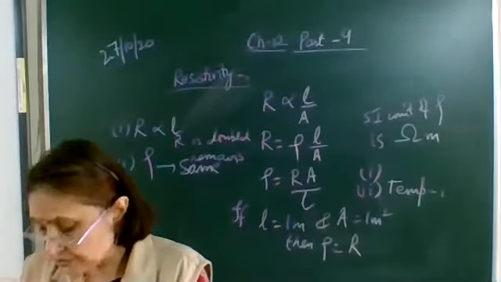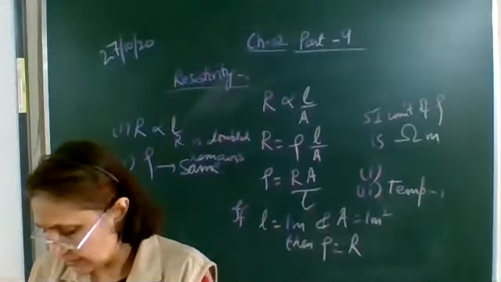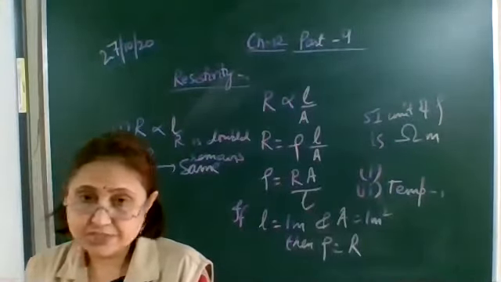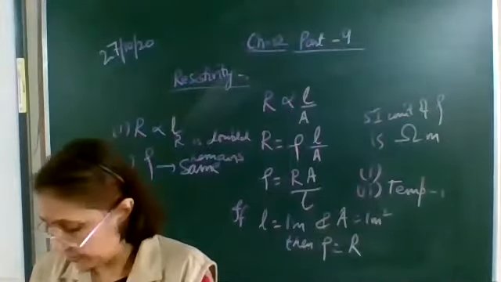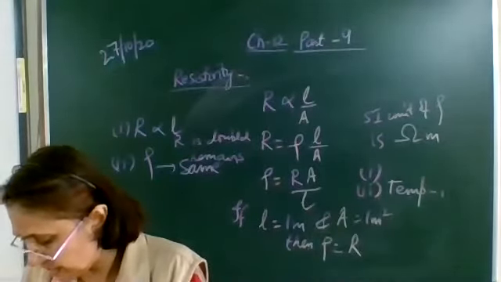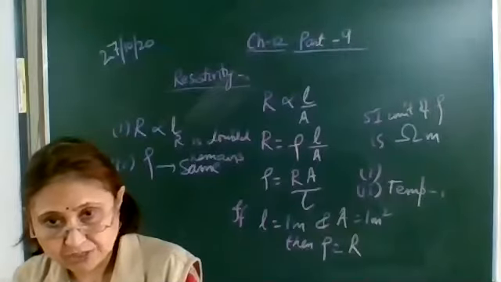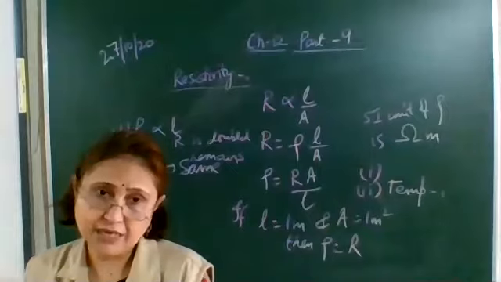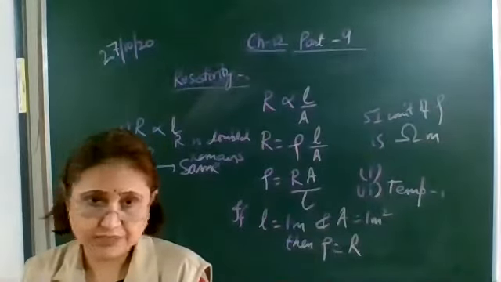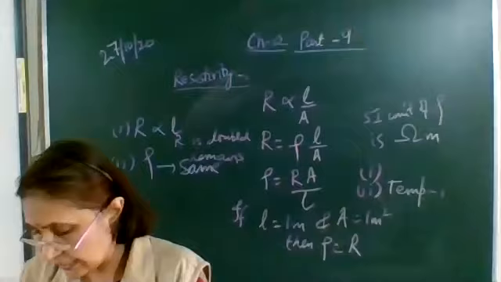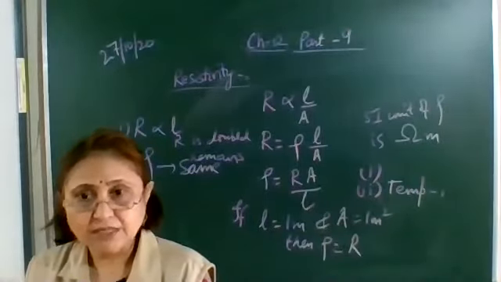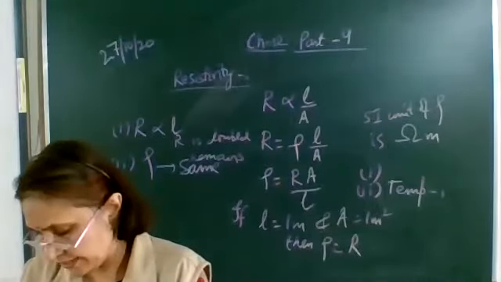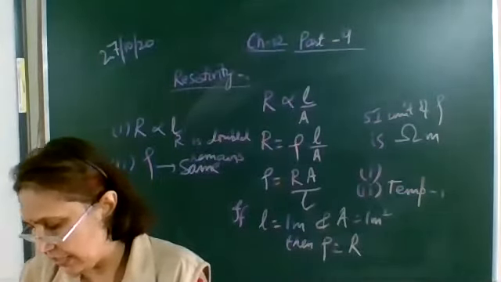Okay, and then a few insulators are also given: glass, hard rubber, ebonite, diamond paper, dry paper. Their resistivity is in the range of 10 raised to the power 10 to 10 raised to the power 17. So their resistivity is very high, so the resistance also will be very high, and the current cannot flow through these substances. Such substances through which the current cannot easily pass, we call insulators. So the insulators have very high resistivity.